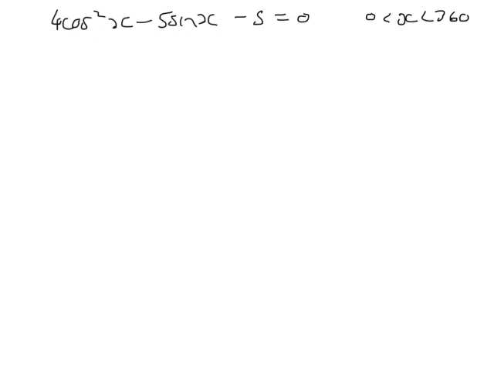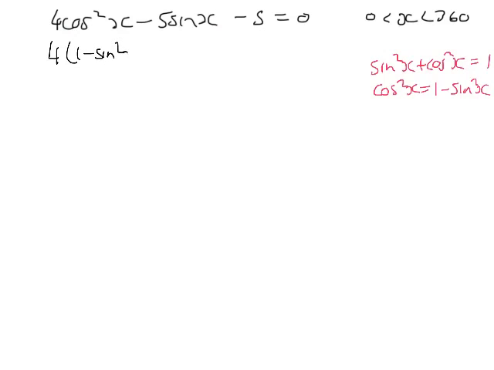in terms of cos. So you should remember your identity sine squared x plus cos squared x is equal to 1. And rearranging this identity, we get that cos squared x is equal to 1 minus sine squared x. So let's substitute this into our equation in the space of cos squared x. We can say we've got 4 times 1 minus sine squared x minus 5 sine x